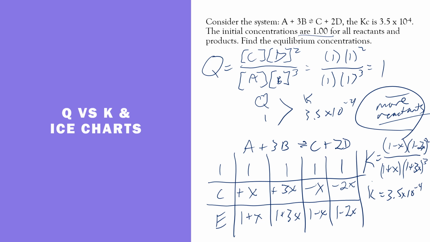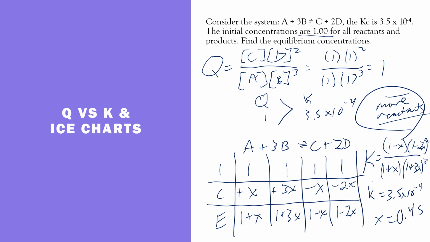And so you can solve for x. I recommend using a graphing calculator, and either using the solver function, or you can use the graph function of that to solve for x and find the intersect of the two values. And so when you do solve for x, you get